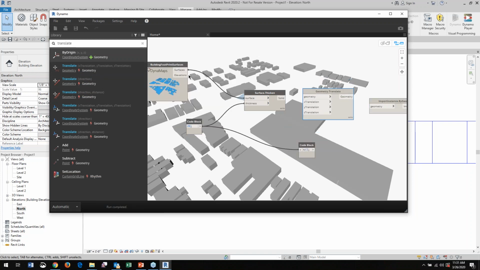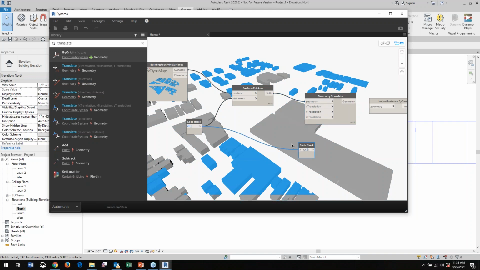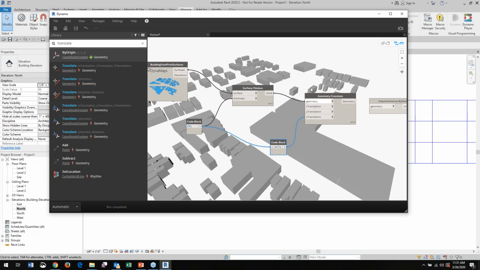So here's all I'm doing. I'm just taking information from one side of my screen, feeding it across, and then putting some data back into Revit. So I'll take the solid here. There's my geometry. And I need to offset it in the Z direction. That's where I'm taking the thickness of 20, dividing it by 2 for 10, and then telling it to move it up 10 feet. And you saw that bump up. Now when I feed this in here,